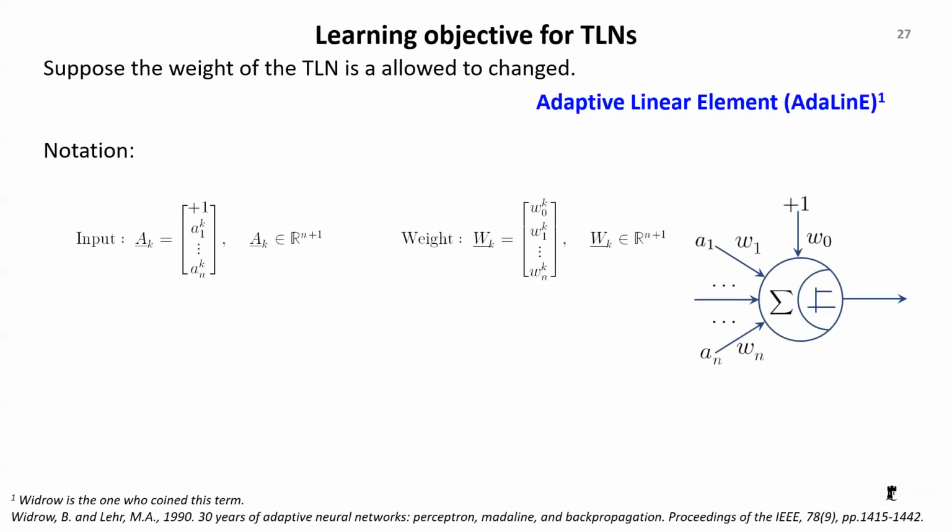So what we have, I just want to gather all the information we know so far, is an input, and the input always starts from the bias, and then we have dimension n. So in compact form, our input has dimension n plus 1 because we have the additional bias. The weight also has the same dimension, n plus 1.